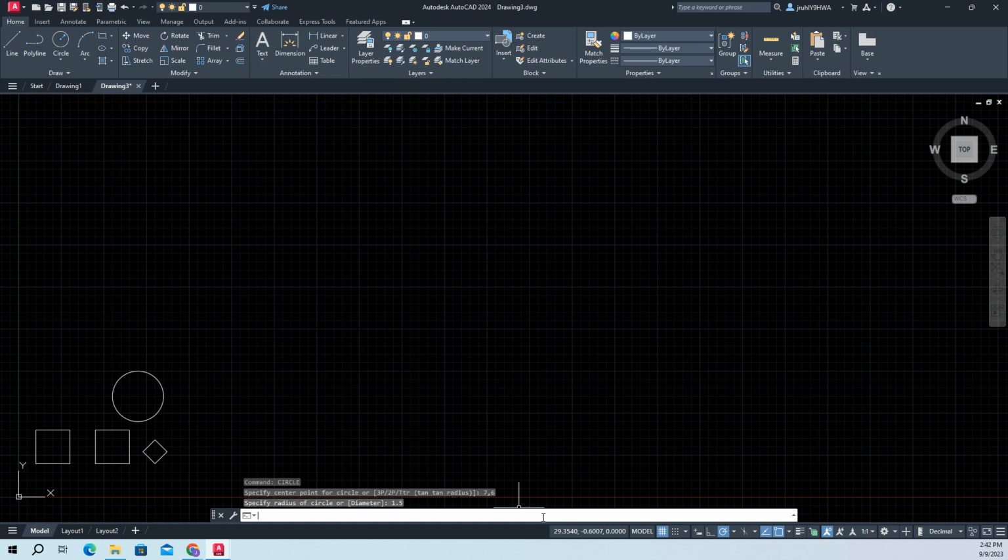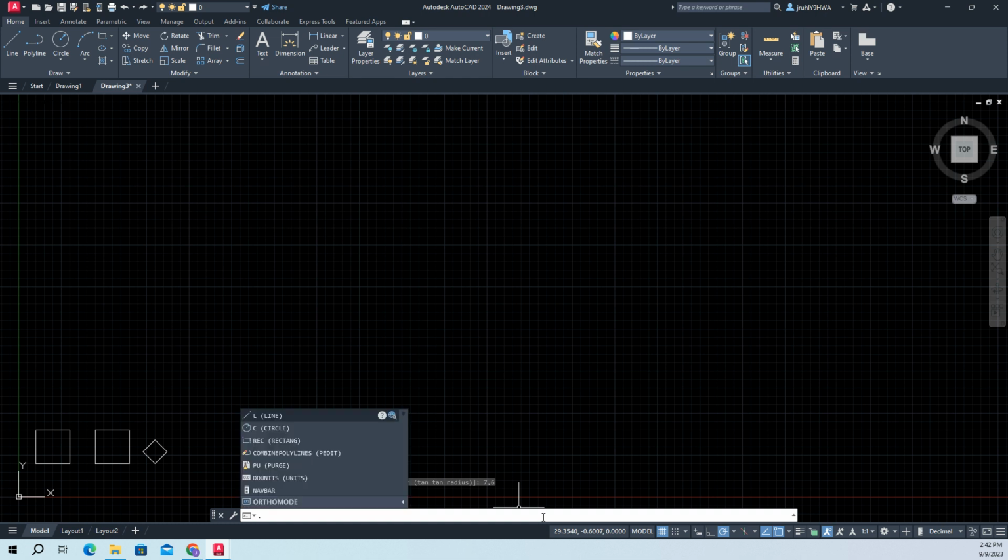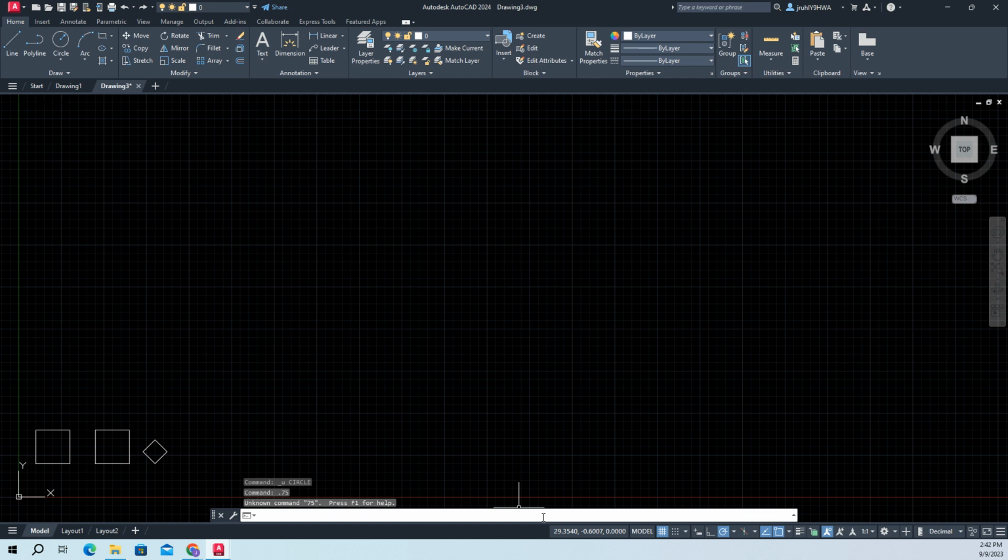In the directions they say a radius of 0.75. So the radius is half the diameter. So I did 1.5, but I don't think that's what they wanted. The picture doesn't say that. All right, I hit escape. Circle. F12, I'm in my command line. I have my starting coordinate, 7, 6. And then they have my